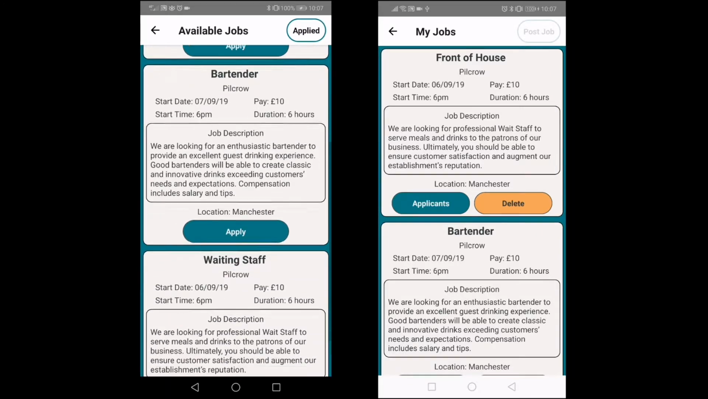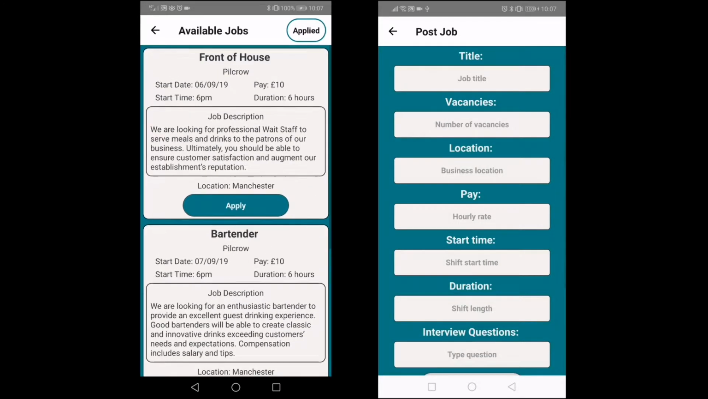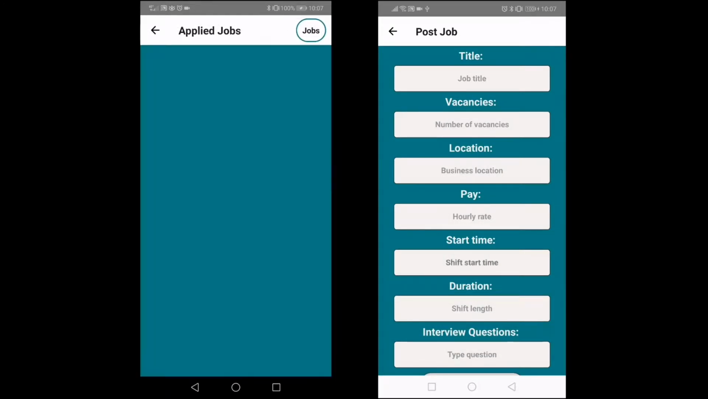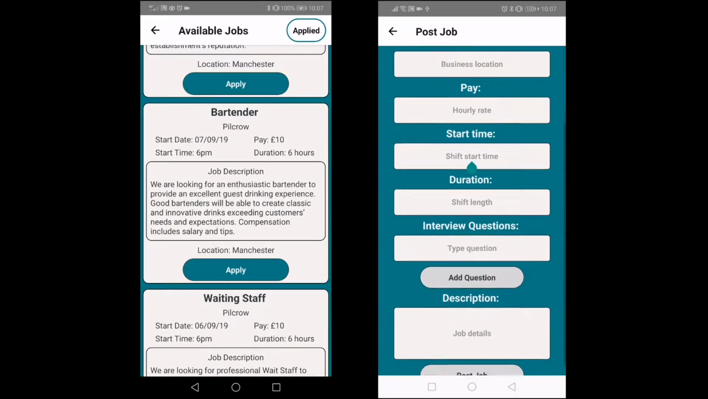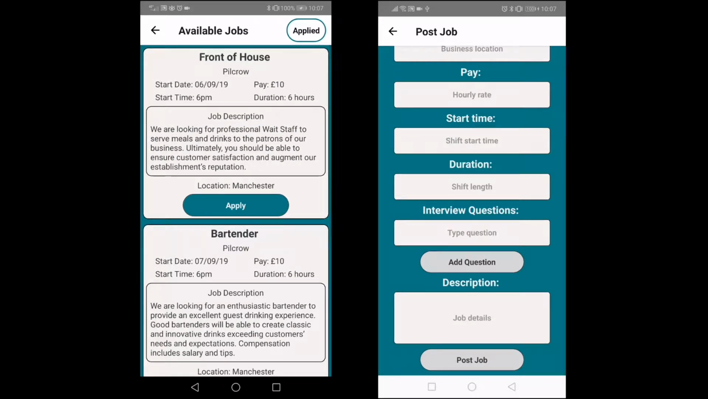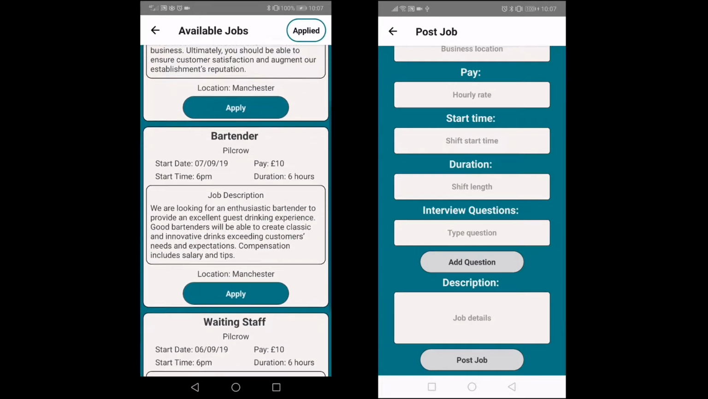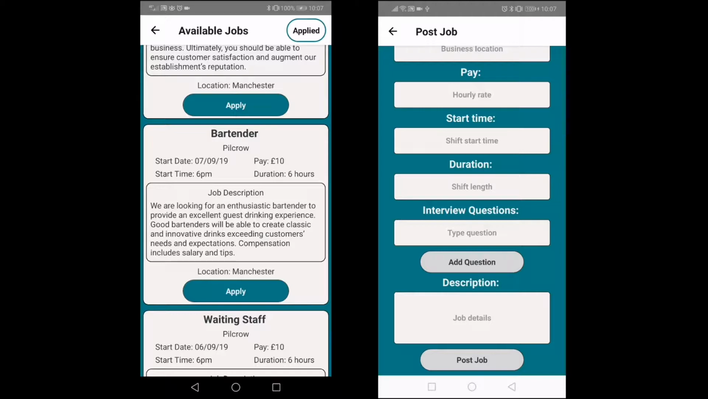Okay, so first off, if you're a business, you're going to go into Post a Job. Within Post a Job, there's loads of different areas of a form that you can fill in. This will go on the application that the applicant will then see. At the bottom, you'll see there is an interview question section. There, the business can input any questions that they want to ask in the interview, which will become prompted later